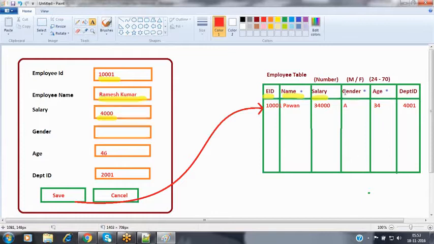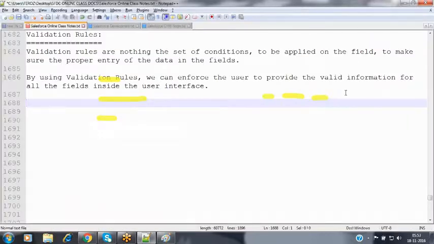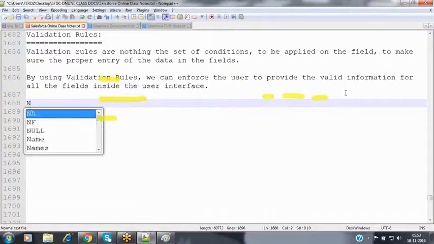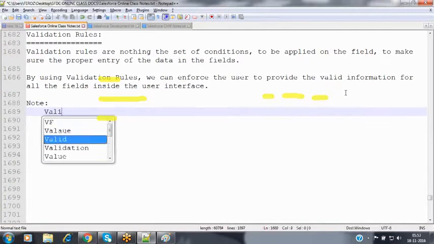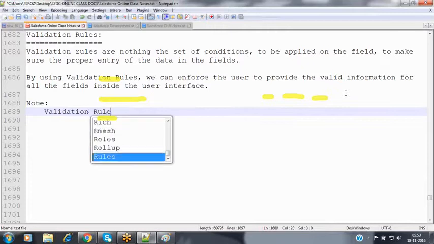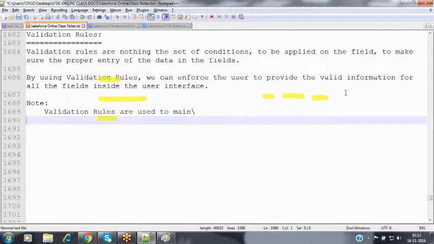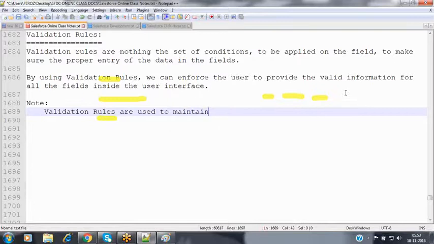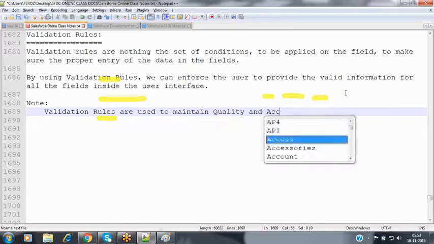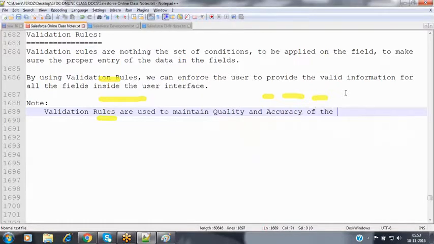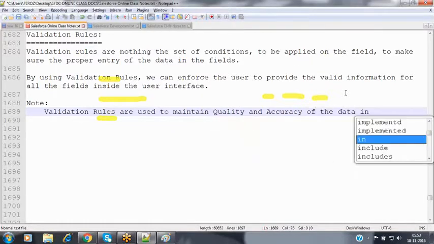Validation rules are used to maintain the quality and accuracy of the data inside the application.